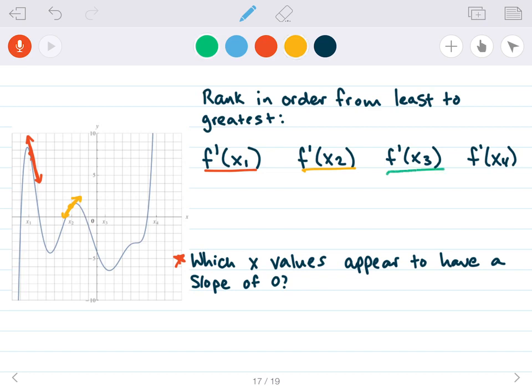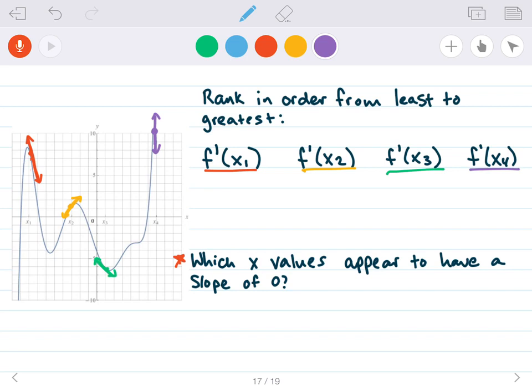F prime of x3 is going to be right here. There's my tangent line to x3. And finally, let's do purple for x4. So x4 is kind of not even really on the page. It's somewhere up here,